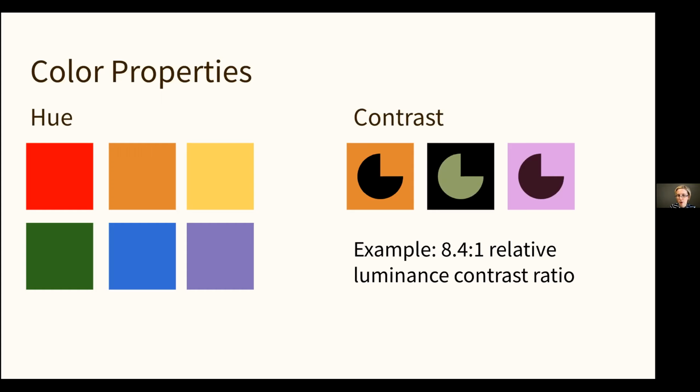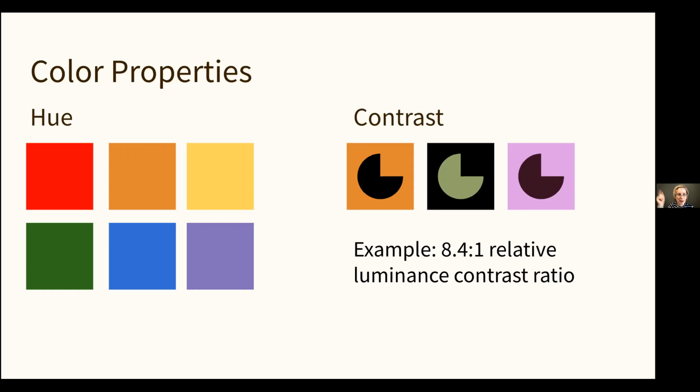So in this example, all of the color contrast here, like the black on orange, the green on black, and the dark purple on a very weird color of pink, have an 8.4 to 1 relative luminance contrast ratio. So they all have the same amount of contrast, even though they're all different color schemes. And that's at a level of contrast that would be appropriate to read something on the